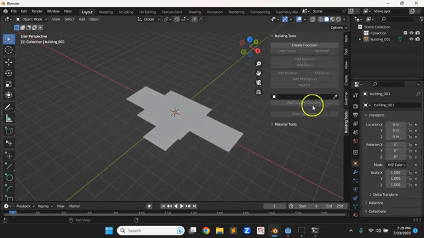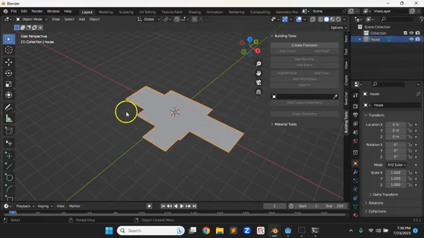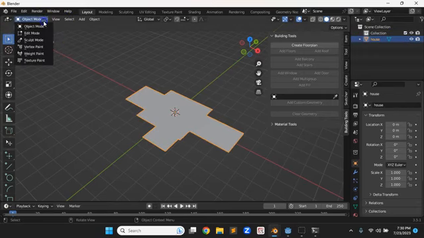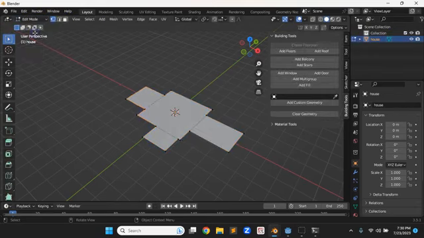And you'll notice we have a bunch of buttons here, but they're all grayed out. So if we click that to select it, I'm going to give it a better name than building one. I'm going to call it house. And click that to select it, and then go over to edit mode in the top left. And now those buttons aren't grayed out anymore. So if we say add floors,